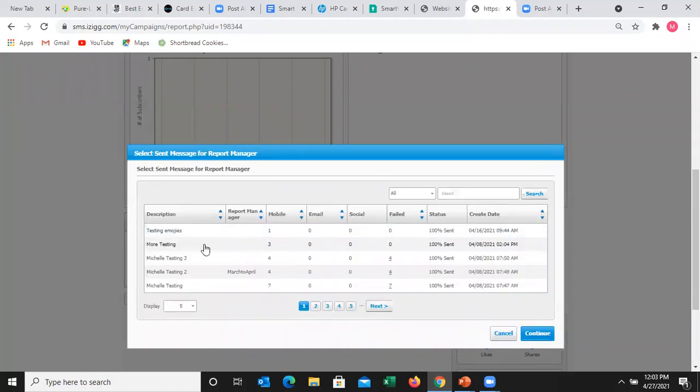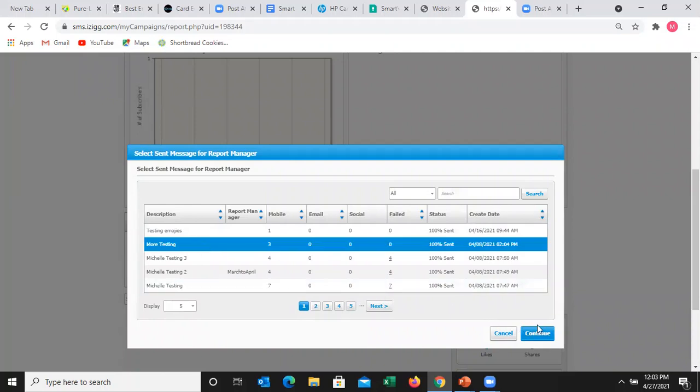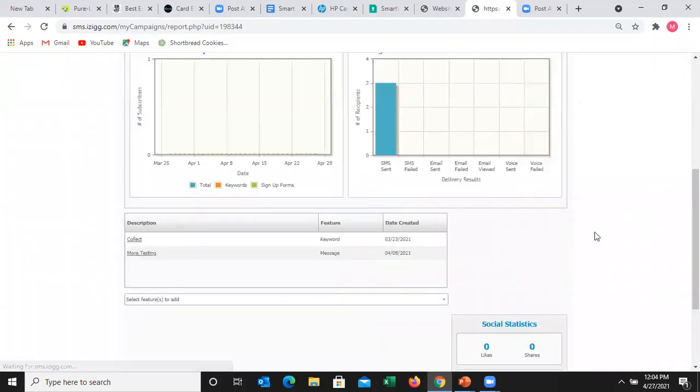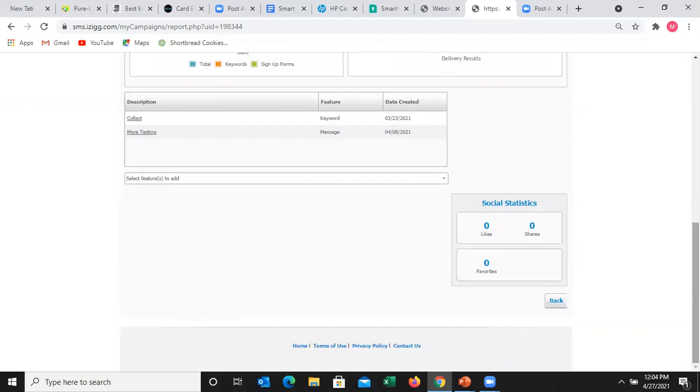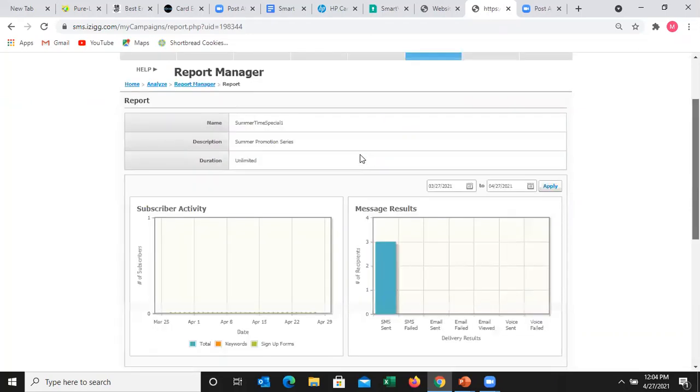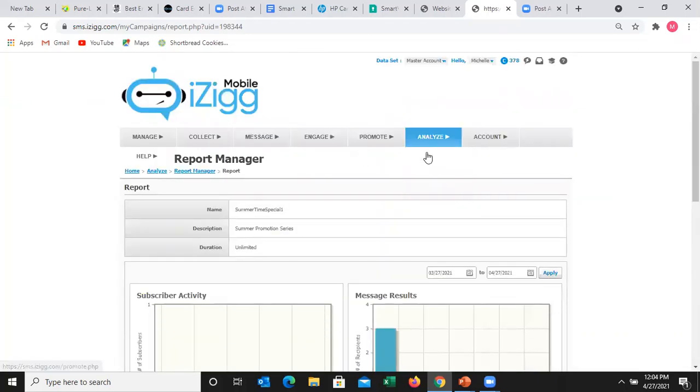If you wanted to add messages to this, maybe they were in line with the list that you were utilizing for that keyword, you can obviously do that. So here you can see that if I had subscriptions, they would show up here. And if I had messages sent, they would show up here. So I'm actually going to show you one that I've already created that has some data